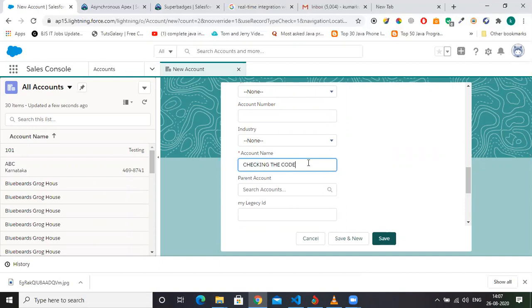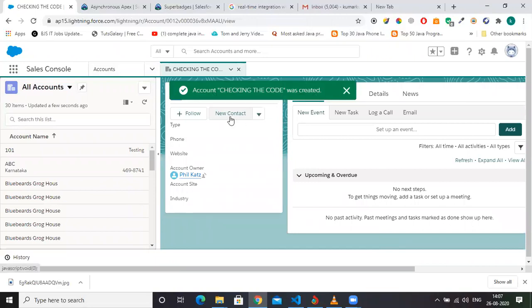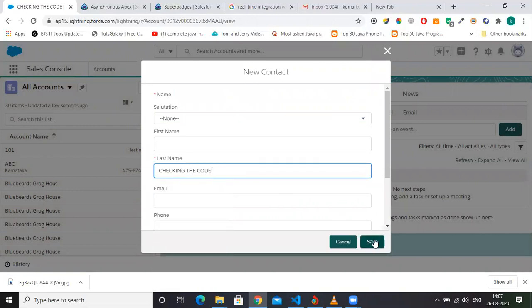Checking the code. This is the name I give to my account. Okay, let me save it. Okay, account is saved. Now contact. Remember, more than one contact. So I just give the name. Okay, and let me save it. The same name I gave to the contact as well. If you want, I can add a contact as well. So contact, maybe one. So this is the contact name.